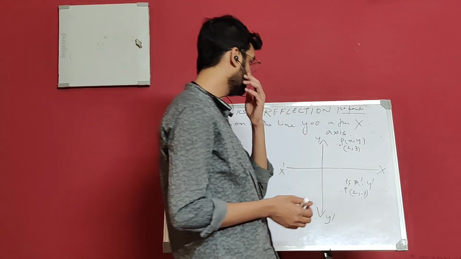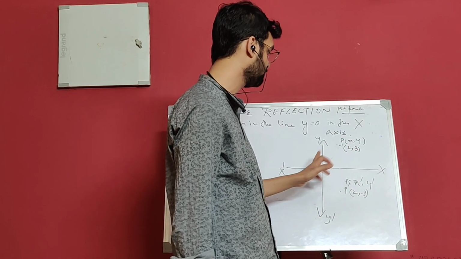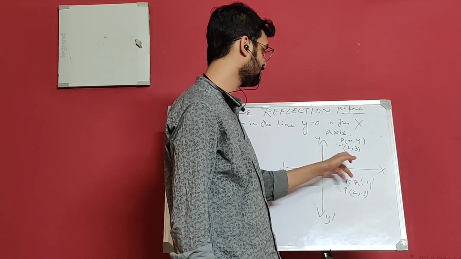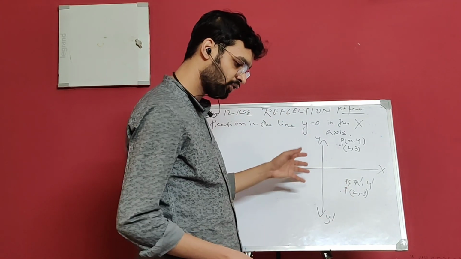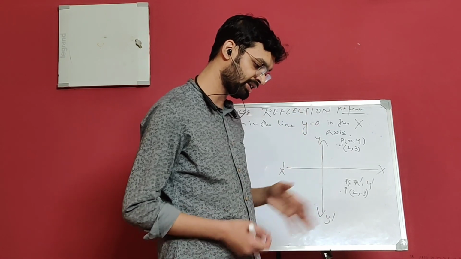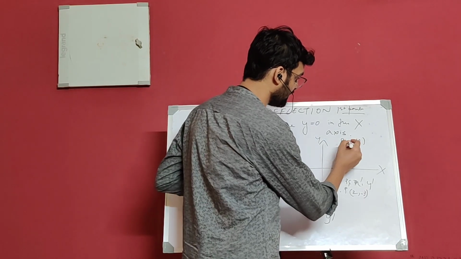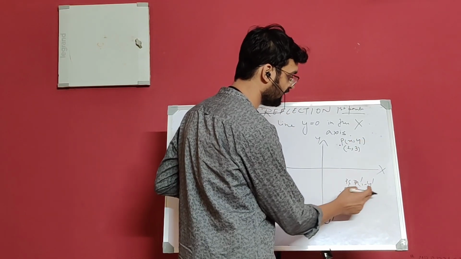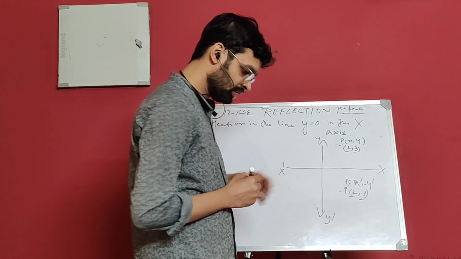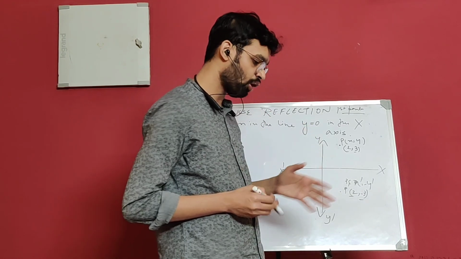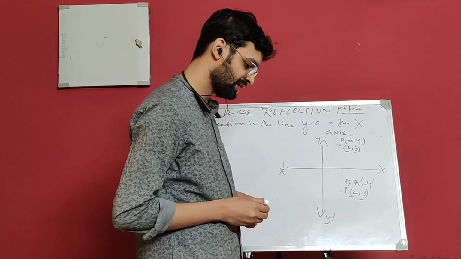So what I am doing, I am not changing anything, that is y is same, 3 from here, 3 from here, but x I am moving on the right side, 2, so this is also 2, so y is 0 here. Therefore when a point is reflected in the x axis, what I am seeing as a change here is that x comma y becomes x comma minus y, see, 2 3, 2 minus 3. So here the sign of the ordinate changes, so this is reflection in the x axis.